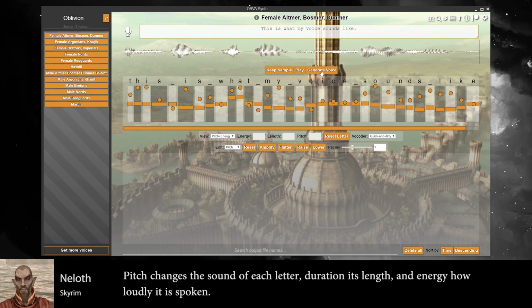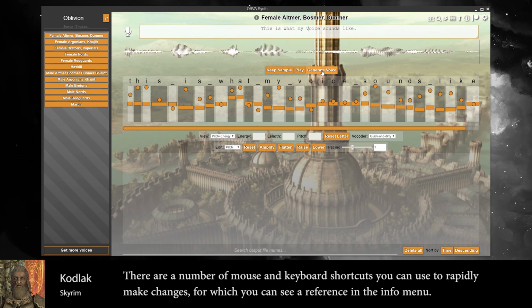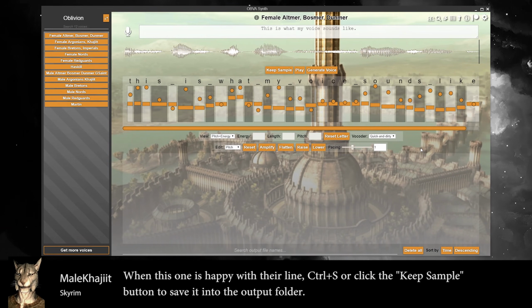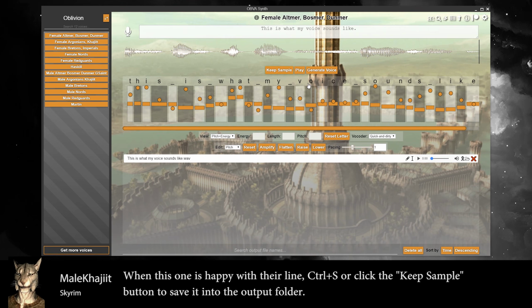Pitch changes the sound of each letter, duration its length, and energy how loudly it is spoken. There are a number of mouse and keyboard shortcuts you can use to rapidly make changes, for which you can see a reference in the info menu. When you're happy with your line, press Ctrl S or click the Keep Sample button to save it into